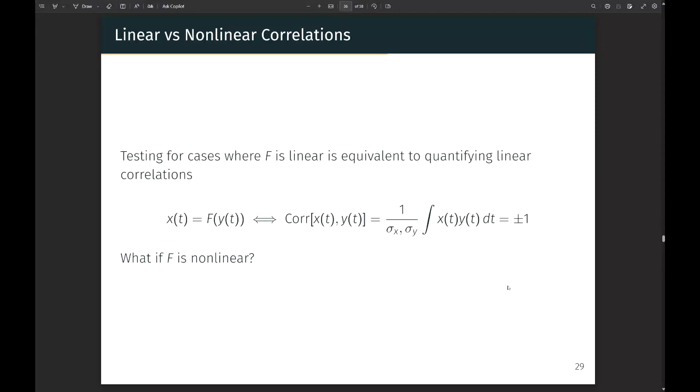I'm not a statistician, so I might have got some notation here incorrect. But if we wanted to find the correlation between two time series, we could have it in that form. That gives you a linear correlation. And if this functional dependence is linear, we would expect this expression here to be plus or minus 1. Now the trick is, we want to detect nonlinear, right? Because linear is easy. We want to detect nonlinear.